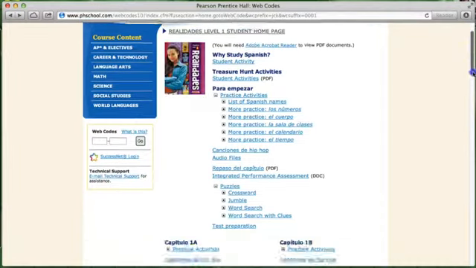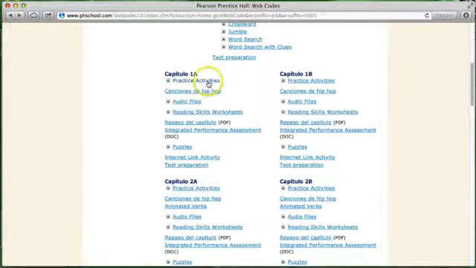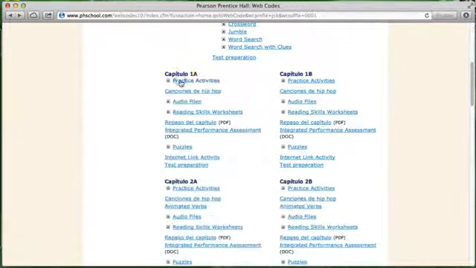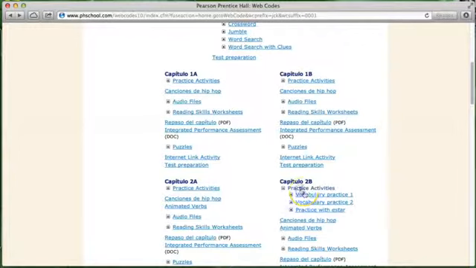Okay, that was just the beginning chapter, but if you look, it's the same for the rest of these. The only thing that's really different would be the reading skills worksheet, which you don't need to worry about. And when you go into practice activities, not there. I guess that's when you get later. But they'll have